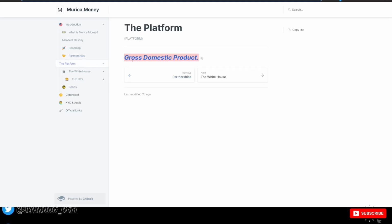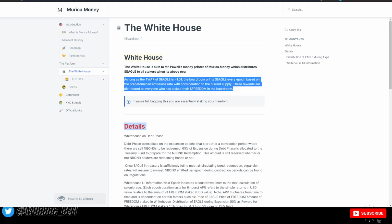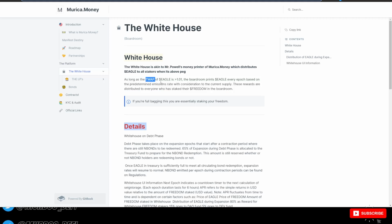So pretty cool from the Not Snowy team. The platform, gross domestic product, okay. The White House, this is AKA their boardroom. As long as TWAP of Eagle, or the time-weighted average price, I believe that's what that stands for. The TWAP of Eagle